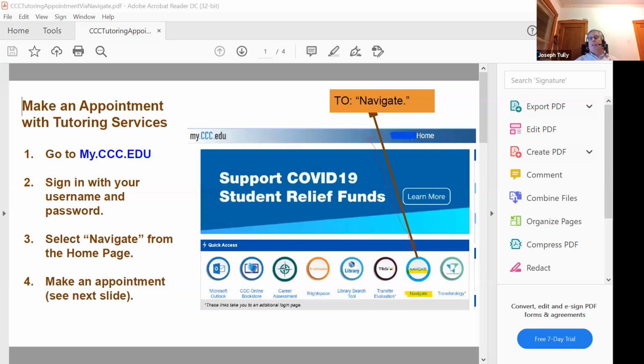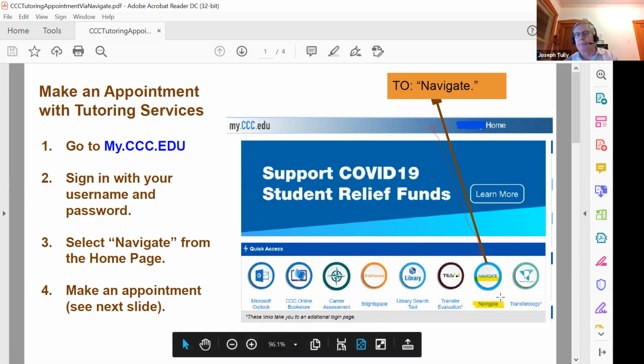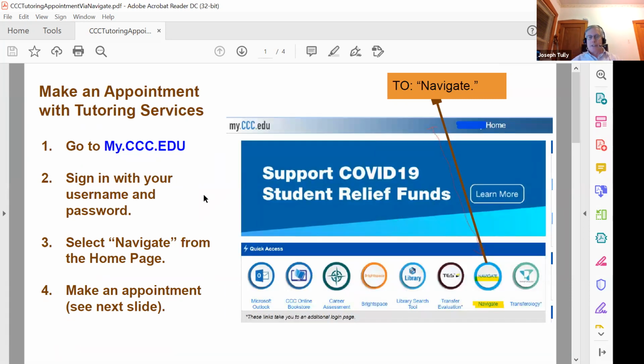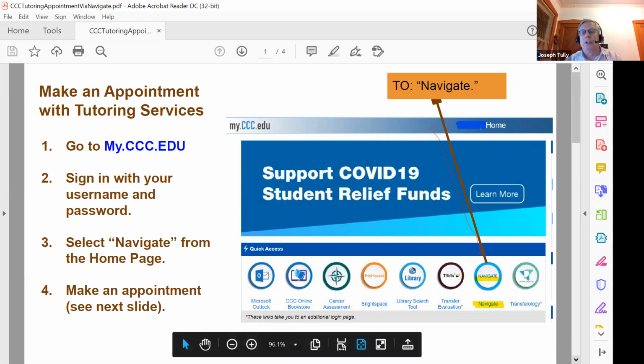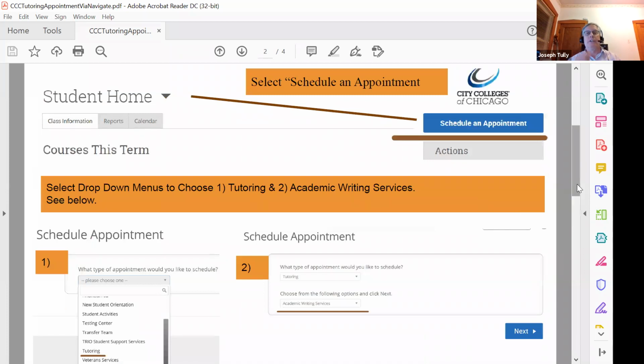And the first slide, which you will be receiving in your email with this recording, is you go to my.ccc.edu. Sign in with your username and password, and then select Navigate over here. To navigate, you have all these other icons as well, but you want to select Navigate. And so you will select that, and then of course you will go to the next page, which is to